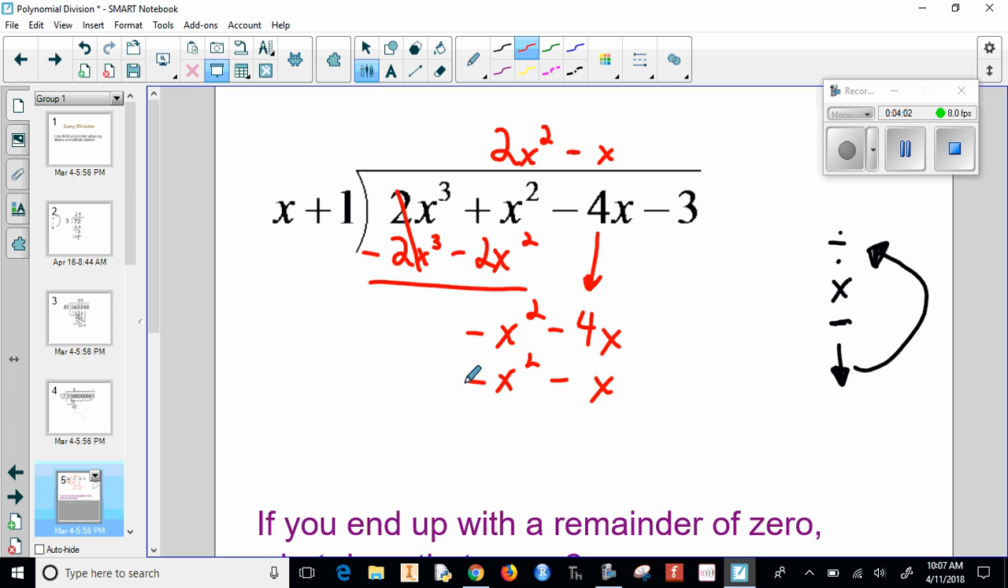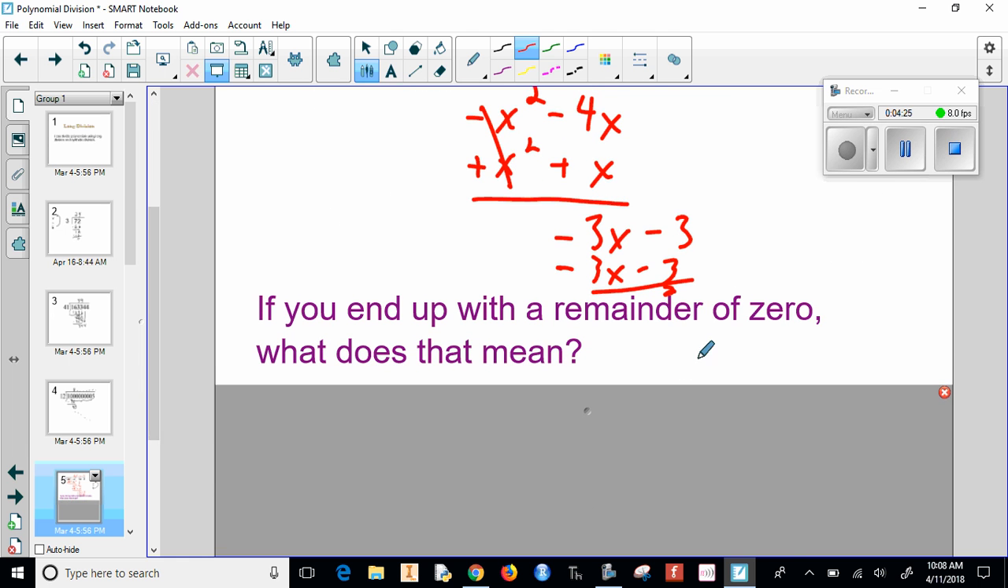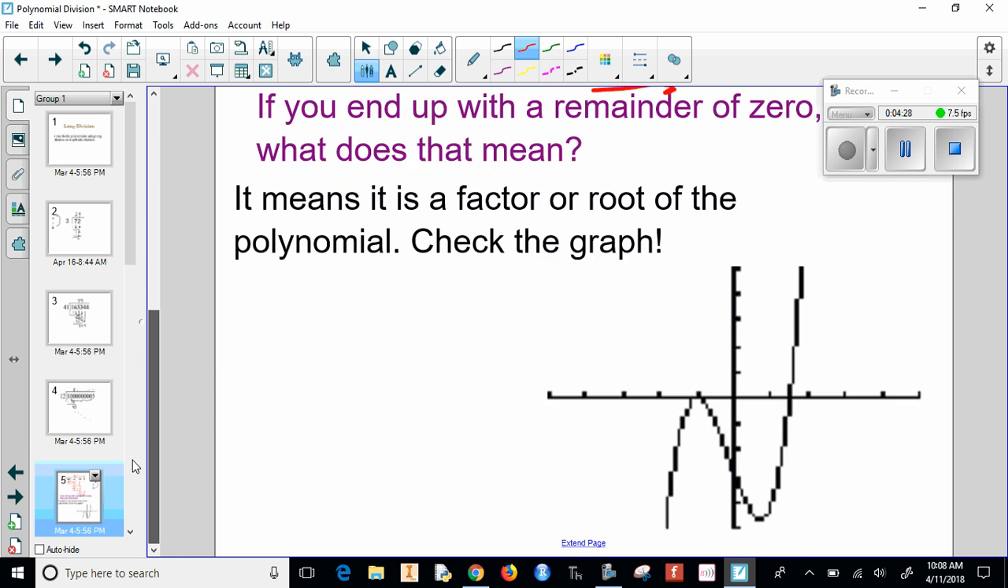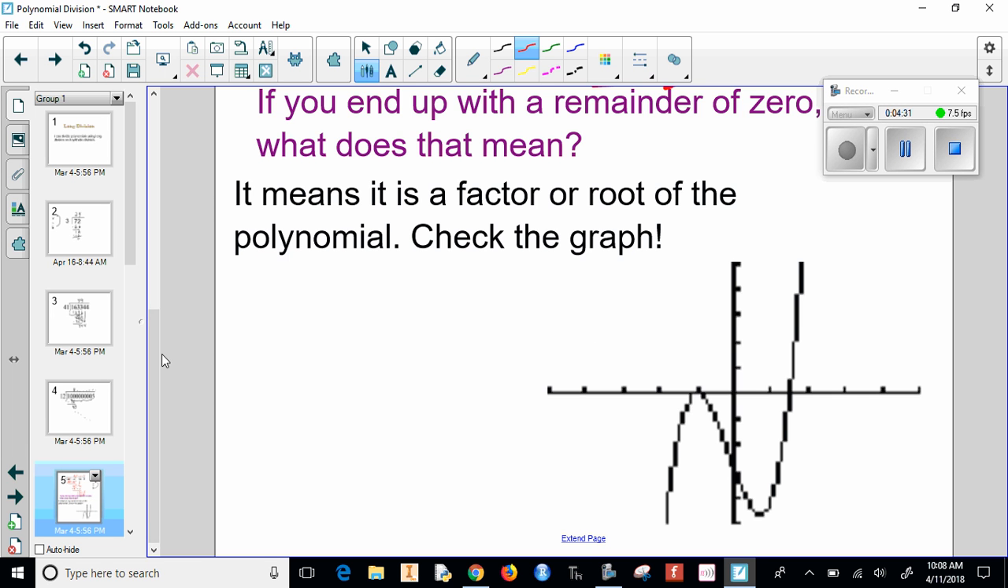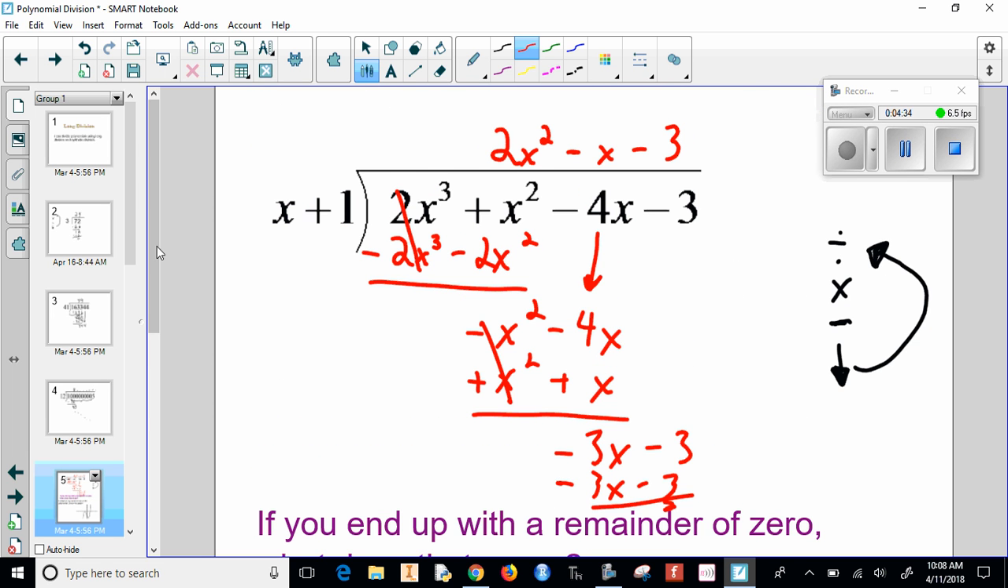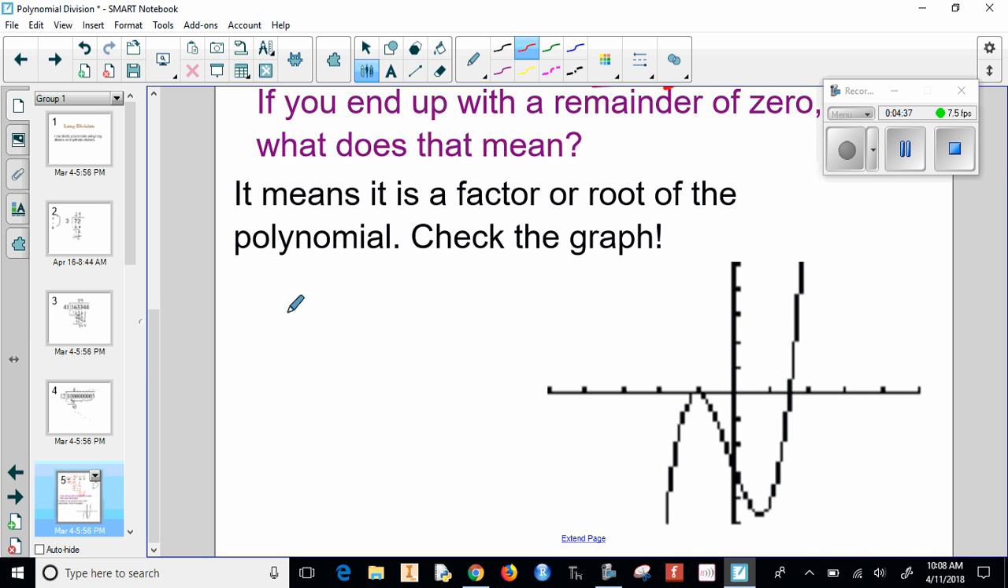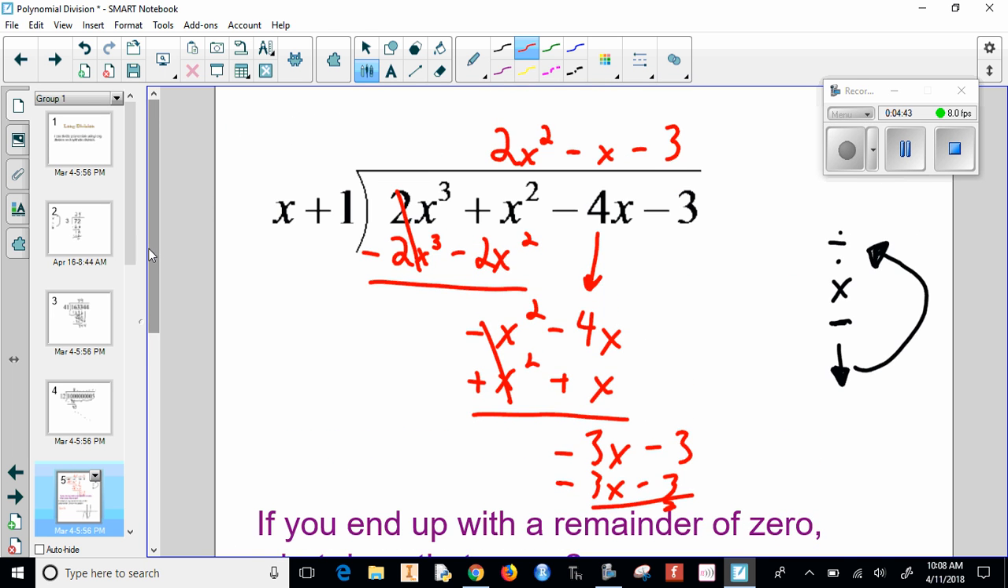So subtracting a negative is like adding. So now those result in 0. And so this one would be negative 3x. Drop this last one, minus 3. And so on. And this one works out wonderfully with a remainder of 0. So what if I have a remainder of 0? What does that mean? It means that it is a factor. So we found out that x plus 1 is a factor. So x plus 1 times 2x squared minus x minus 3